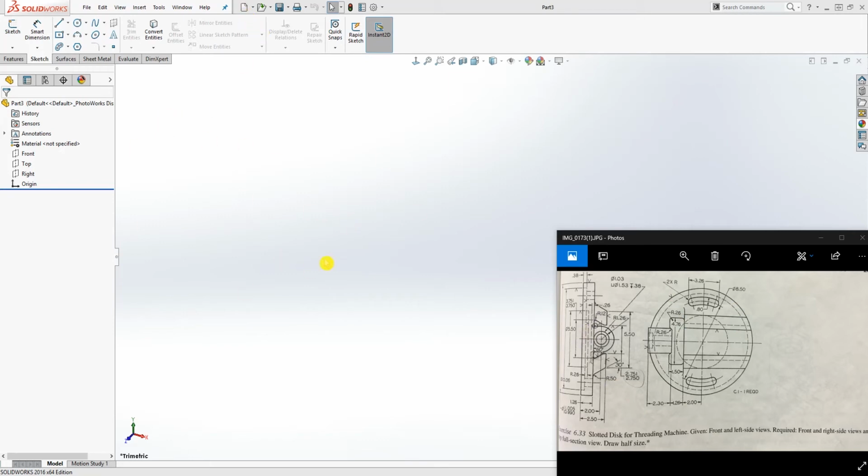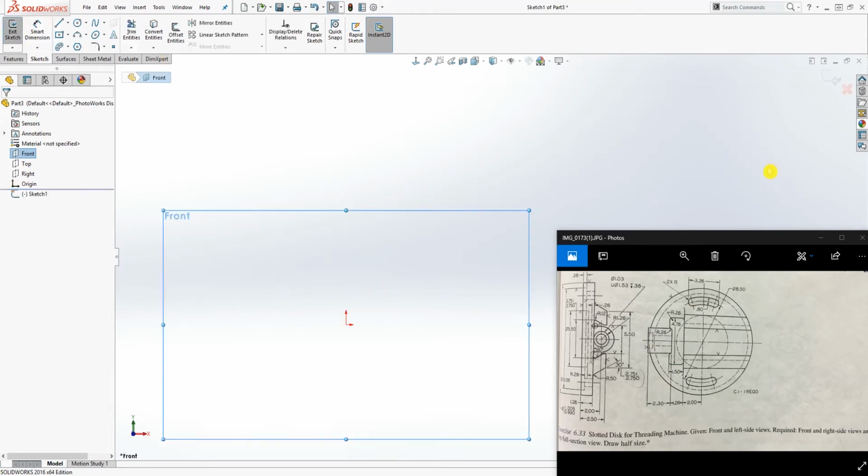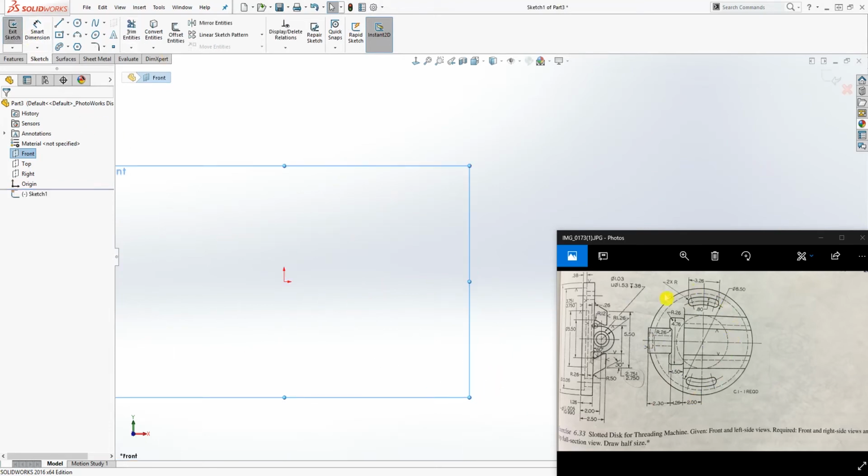I already started one. So I'm going to click on the front plane and make sure you're in inches because the dimensions here are in inches. So I'm going on the front plane. I'm going to start a sketch and we're just going to draw this circle, which the diameter, they give you a limit tolerance which is